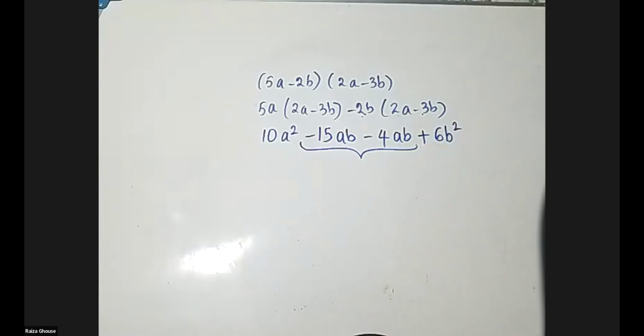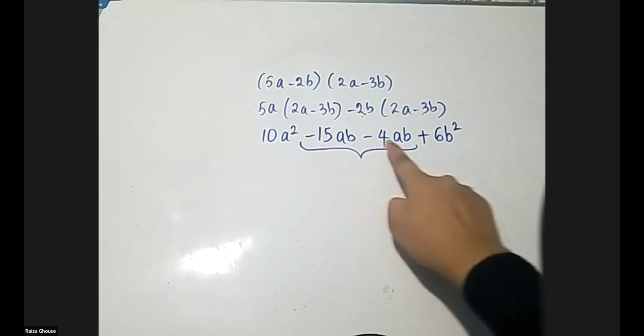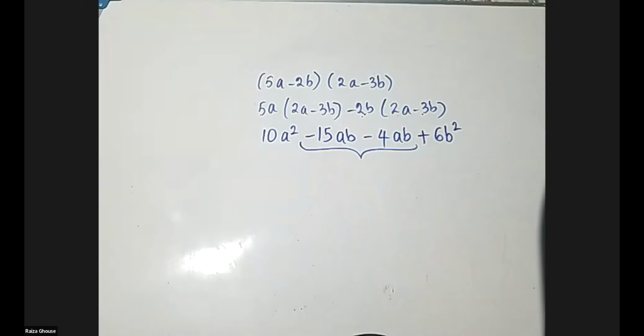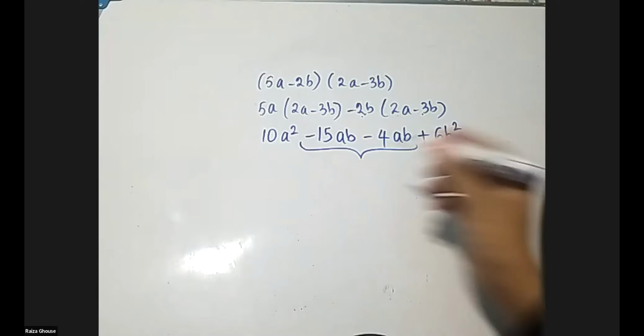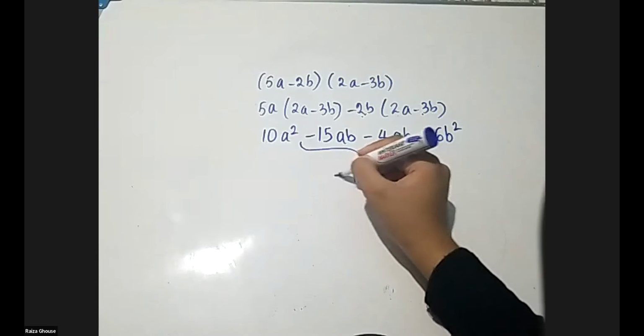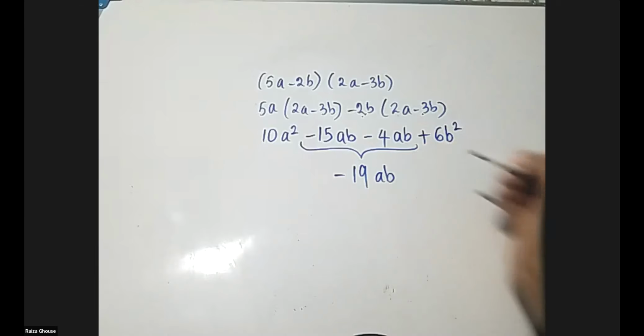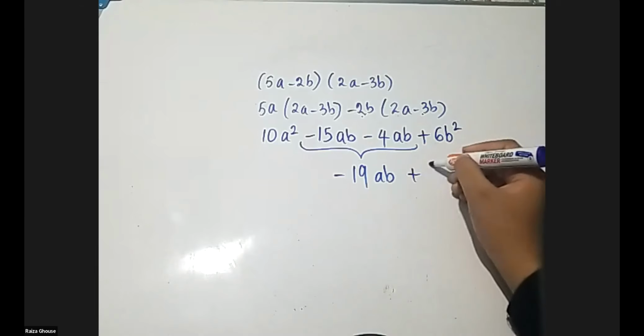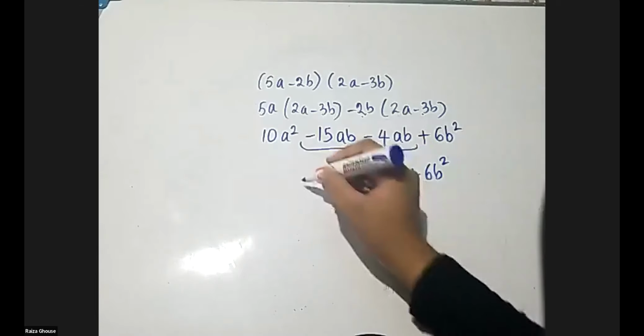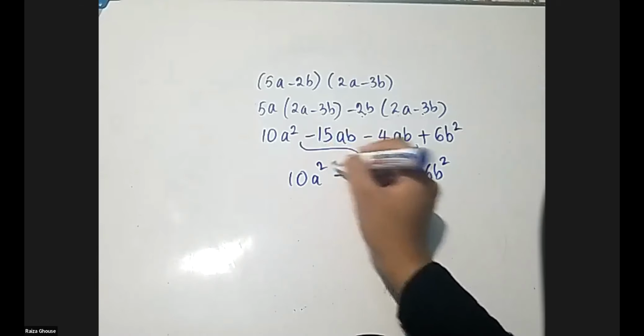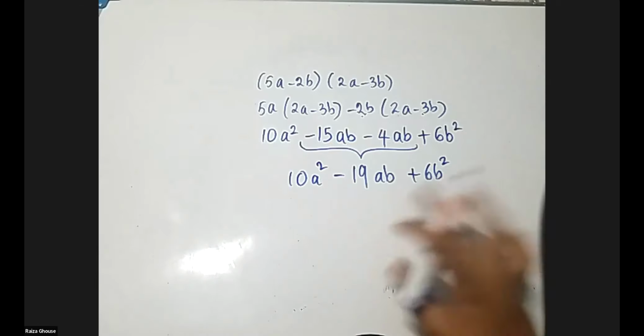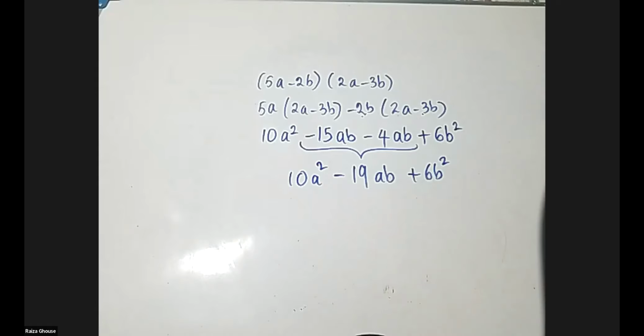Clear, miss. Okay, now the like terms are here. I told you, if you have two negatives, remember, you are two friends having a loan. Your loan for one friend is 15, the other friend is 4, so your total loan is 19, and that is your loan, so it's negative 19AB. You have to write it down. They're like terms. Other things, just put like this. That's it. This is the final answer. Copy down this example below the topic.